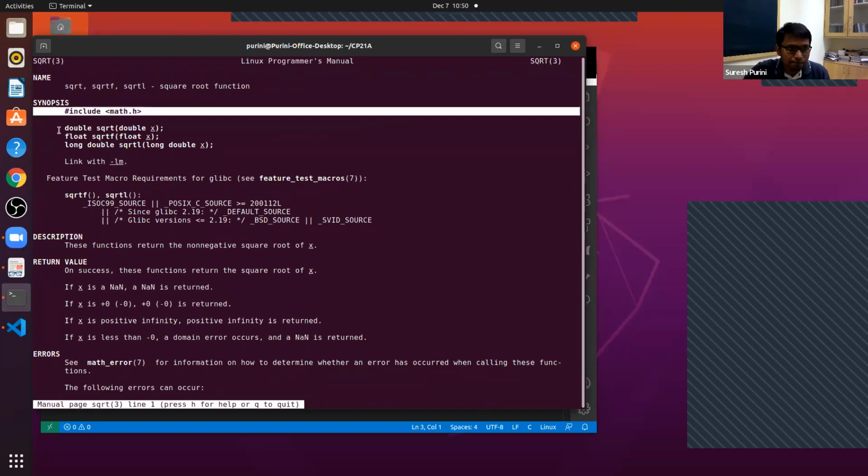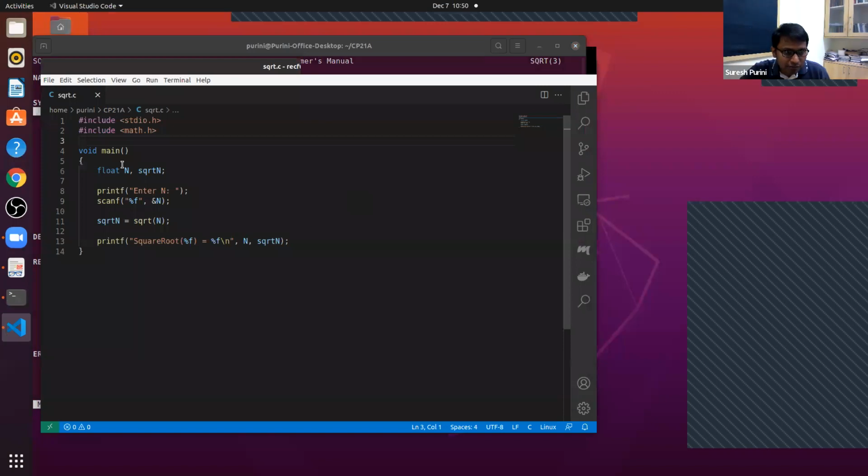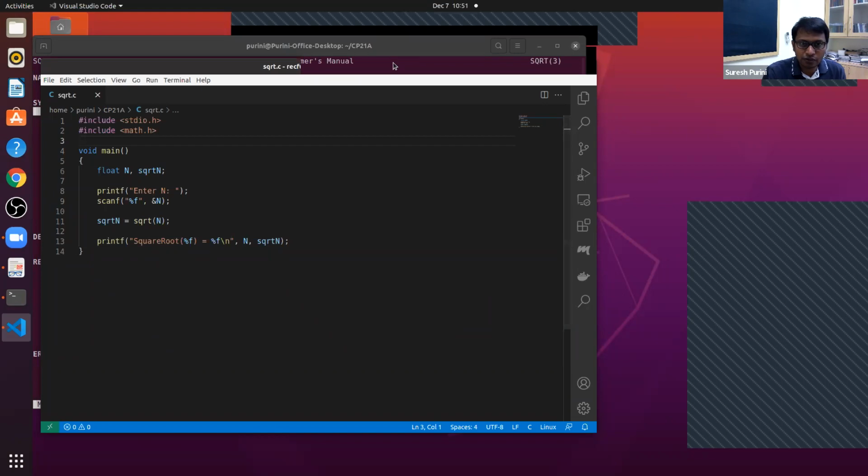And then sqrt takes a double and returns a double. Okay. But we are using floating point numbers. Is it going to be a problem? float n, sqrtn. It's not a problem because floating point n gets typecasted to a double n. I want you to remember n, which is a float, the floating point representation for n and the double precision representation for the same. Let's say if the input is equal to 6 point